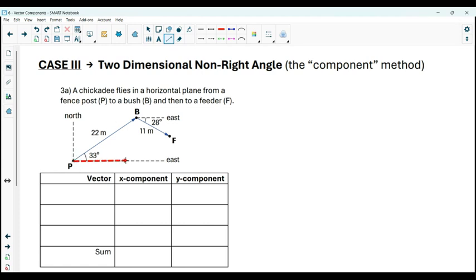There is an x component to that vector. It looks like this. And then there's a y component that looks like this. My next vector that goes from B to F has an x component that looks like this and a y component that looks like this. You'll notice the y component goes down. Now, if I were to add all these together, I'd have this x component and this x component, and I'd have this y component and this y component. And so what that works out to